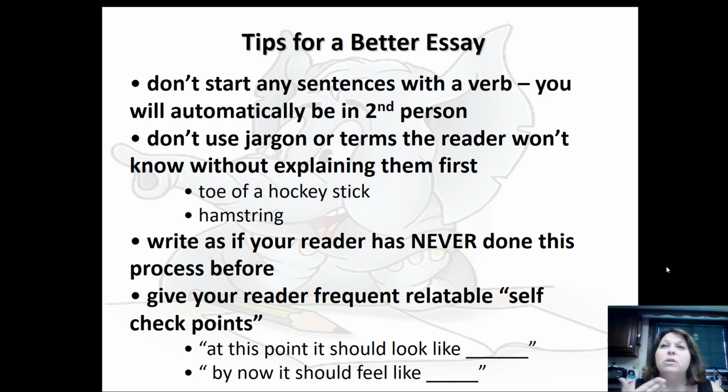in a way comparable to something someone has seen before. So for instance, the toe of a hockey stick, you can say that a hockey stick looks very similar to a leg and a foot. The toe of the hockey stick would be where the toes of a person's foot would be, and the curve of the hockey stick would be where an ankle would be. Everyone's seen a leg, everyone's seen a foot, and everyone has seen some toes. So that would be a way to define your toe of a hockey stick jargon, is just by describing it by something else. We even do it